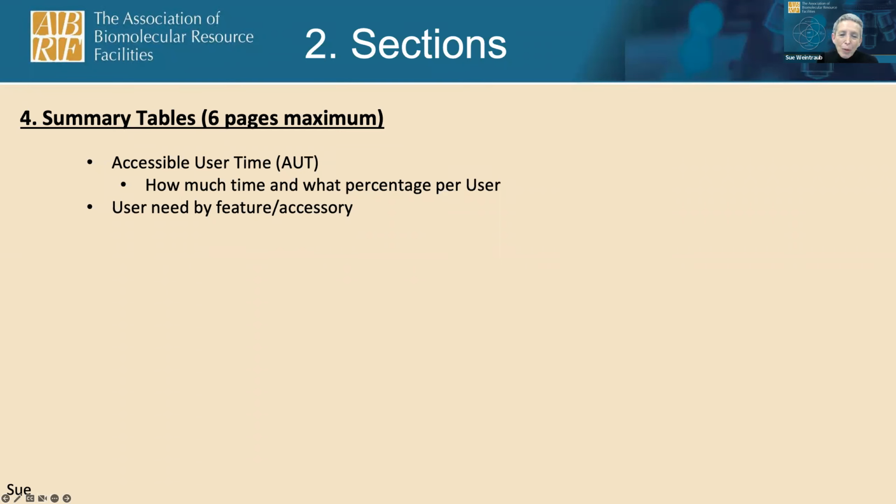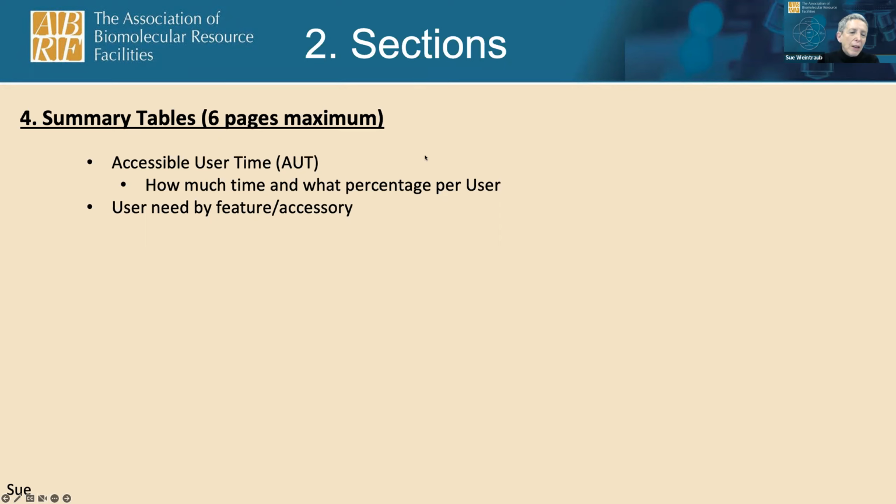In the end, it needs to be in hours, but you're going to have a table that's going to list the investigators. I often include this in the same table with their research funding, because, and this is spelled out specifically in the FOA where it'll tell you what needs to be there, but the investigator's name, their grant funding, and then I just put a column on that table with their AUT. And I always list the AUT in hours and percentage because it has to be hours, but it's a lot easier to think of in terms of percent.